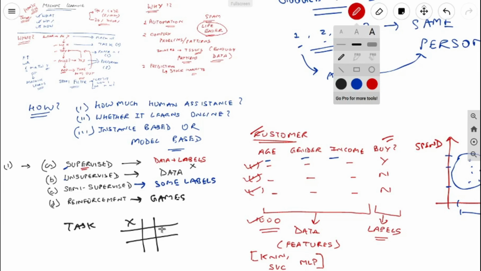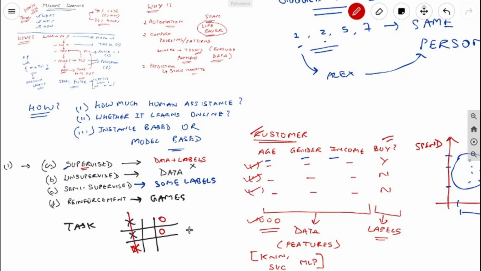So suppose the machine draws a circle over here, the user draws a cross again, and the machine learning algorithm now has to decide where to draw the circle. If it draws a circle over here, it is saved. If it draws a circle anywhere else apart from here, the algorithm loses. So suppose the algorithm draws a circle over here, the user draws a cross over here, and